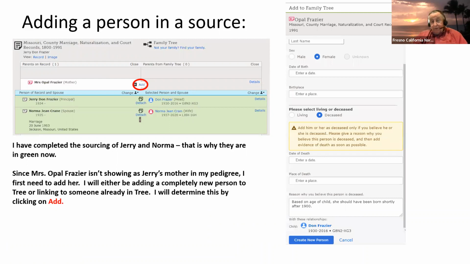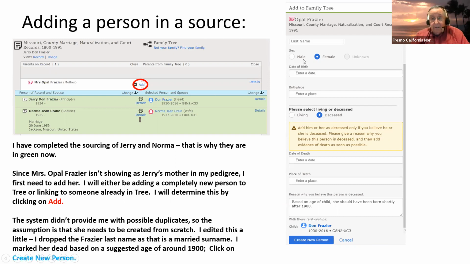It's probably going to have trouble finding a duplicate on this because it's just a name. And in fact, most likely, Mrs. Opal Frazier was not born a Frazier. She was born something else anyway. So in fact, I actually took Frazier off of there, and just left it as the name Opal. She's a female. She's got to be deceased because they were married or they were born, like Jerry was born in 1934. That means that Opal probably was born around 1914, somewhere around there, give or take a little,